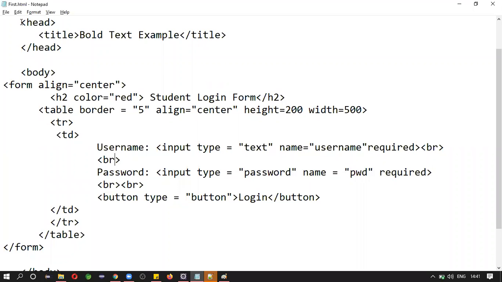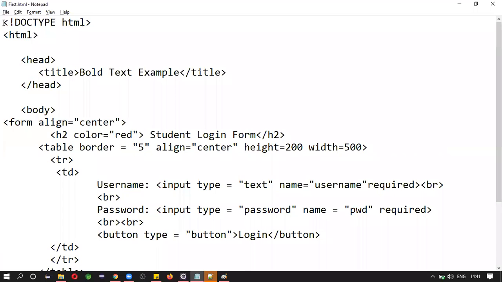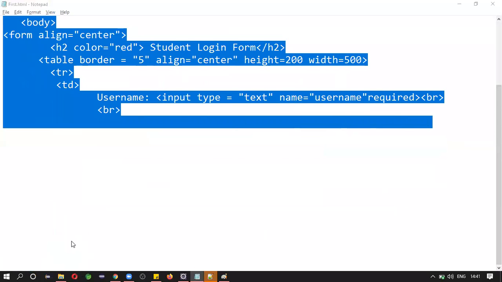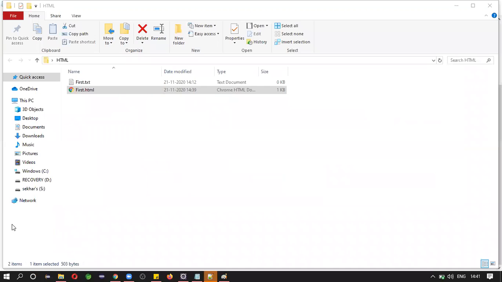See, this is a simple HTML form. Now our form is ready. This is a static page, right? If you want to execute this page, you need to go to the folder where you wrote it and just double click on it.